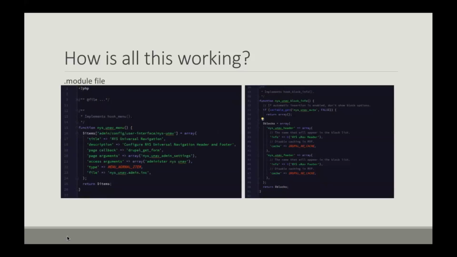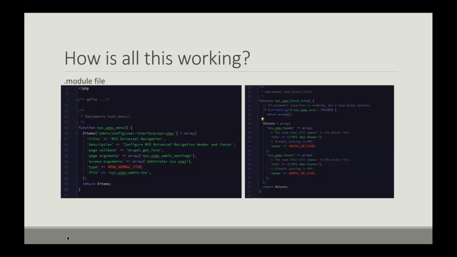The next important file within the module is the .module file. Again, this is just Drupal 7. This is the first place where you're going to find logic. This is strictly a PHP file. It's used to utilize Drupal hooks and the Drupal API. And quite honestly, all you need is that info file and this .module file, and you can have a fully functional Drupal 7 module.